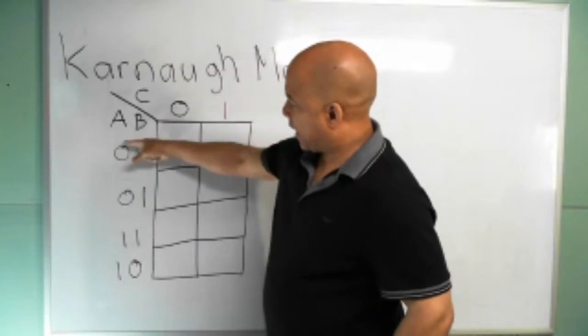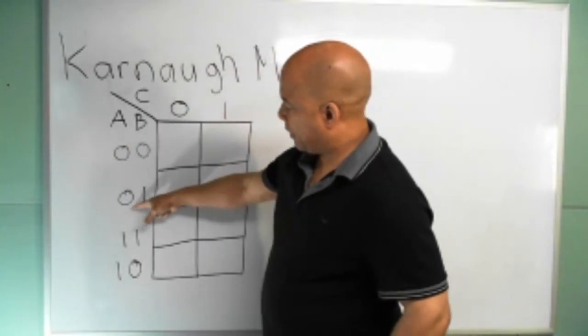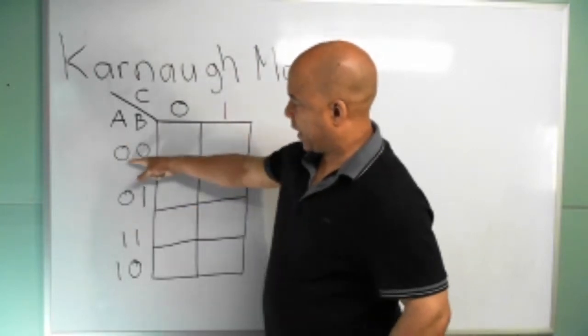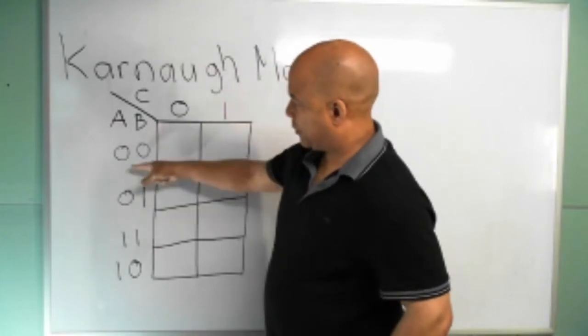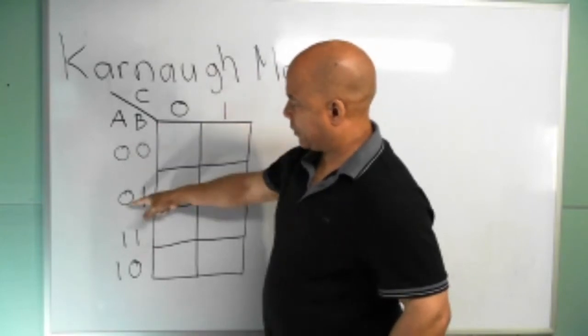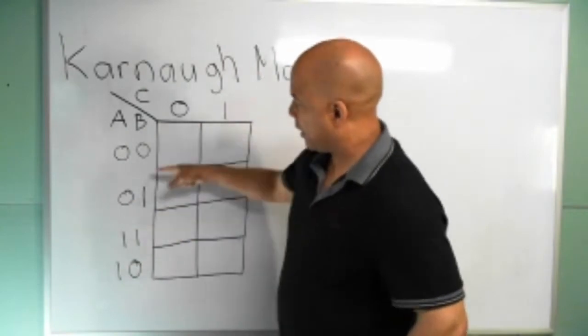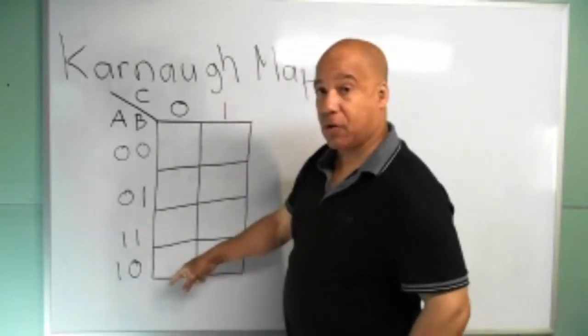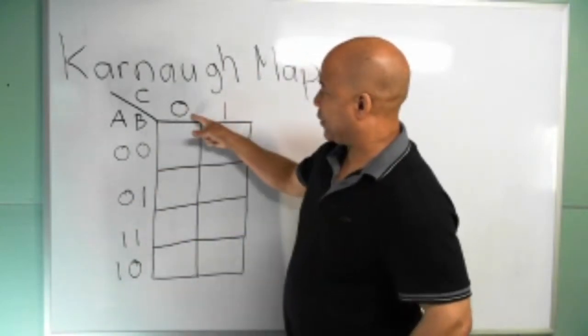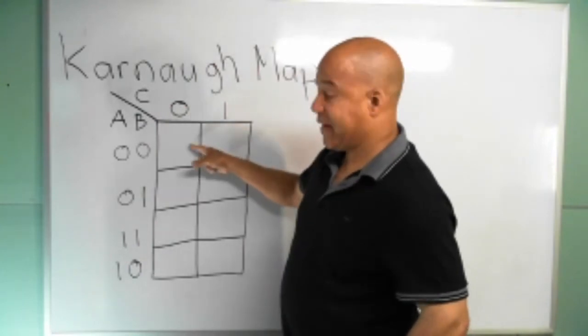And now what happens is, right here, this is the value of A, this is the value of B, no, I'm sorry, this is the value of A, and this is the value of B. So A is a 0, A is a 0, A is a 1, A is a 1. Here B is a 0, 1, and so forth. C has a value shown here for the columns. So each cell